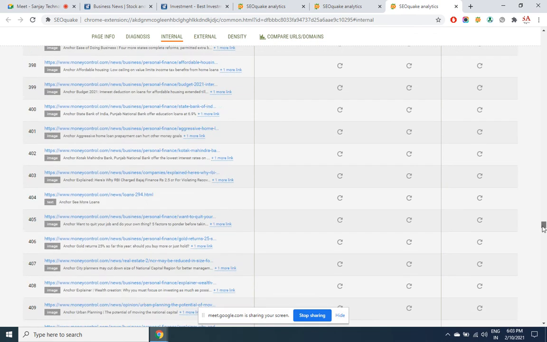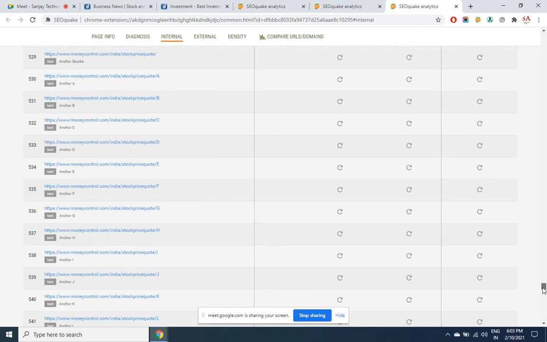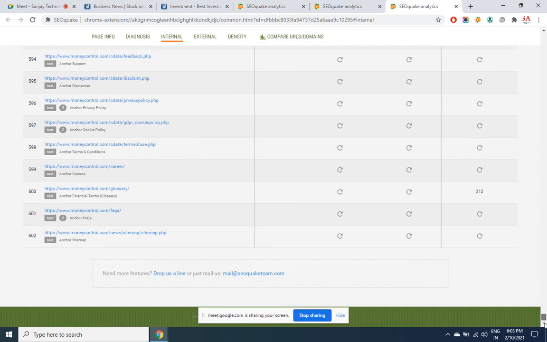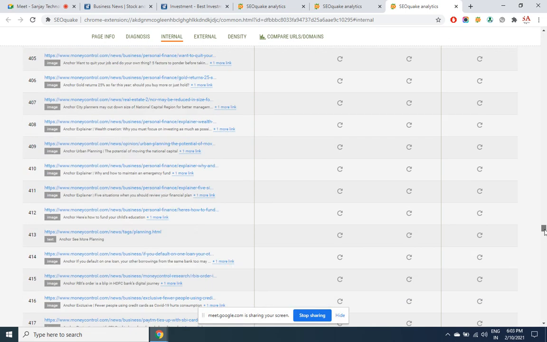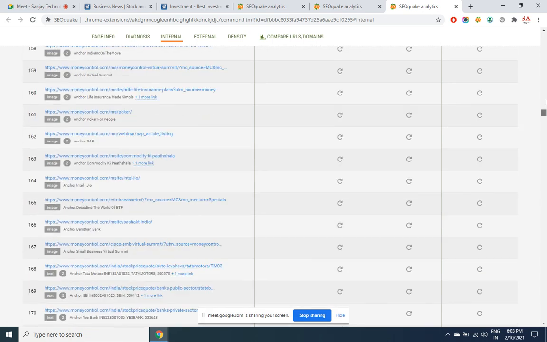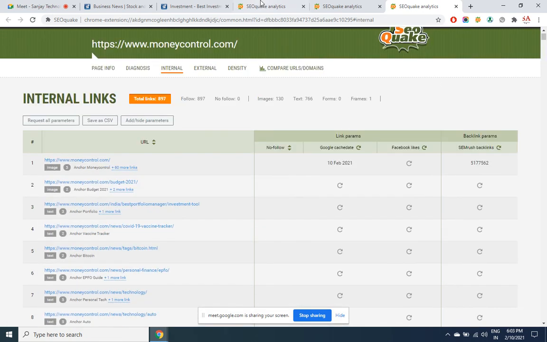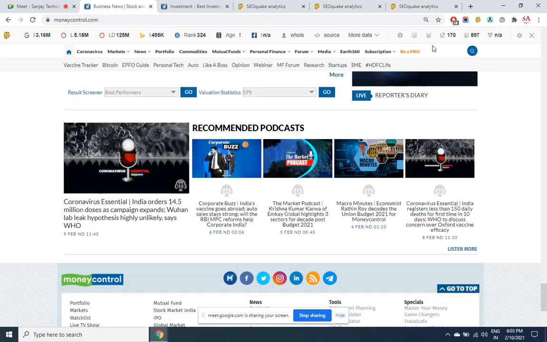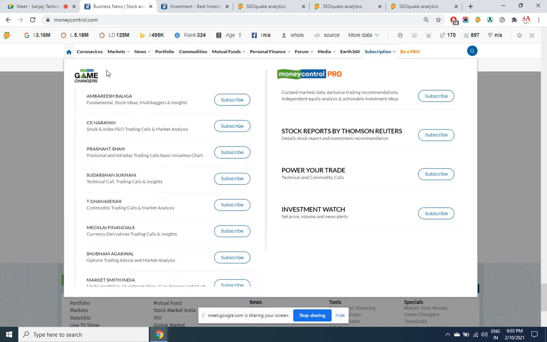I told you 15% power will come through internal links, 85% through external links. So all these internal links are getting some value from the home page. Even in internal pages also more links will be there. From every page that 15% power will be given to other pages on their own site. This is broken link, not available, no broken link at all. So overall, a brief report of the website with regard to SEO.